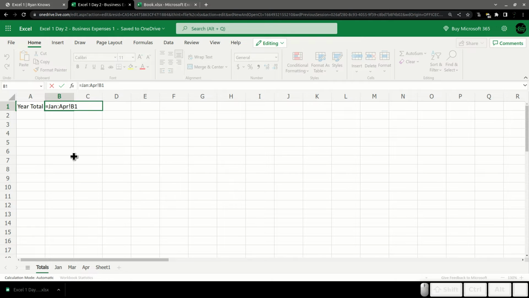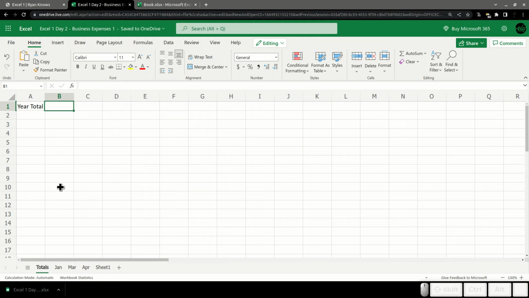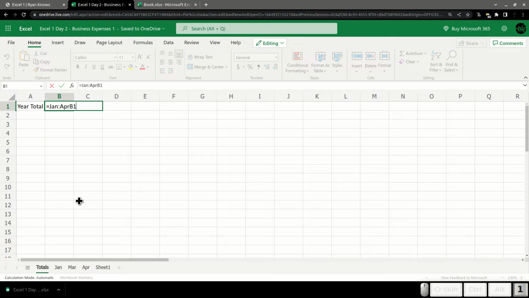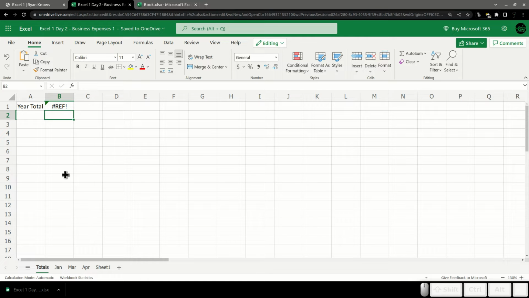Fascinating. I'm going to just delete this and start over. Jan, colon, April, B1. Interesting. It's fine with that, but then as soon as I hit the... Something is breaking, and I am not sure what. I might have to revisit this after I troubleshoot this, but give me 1 moment.